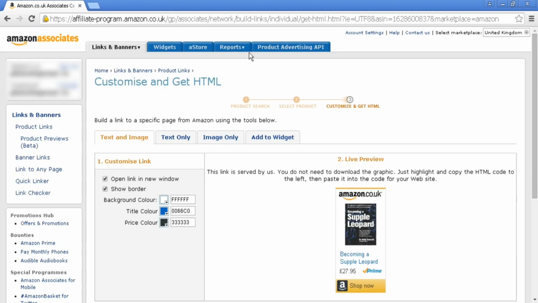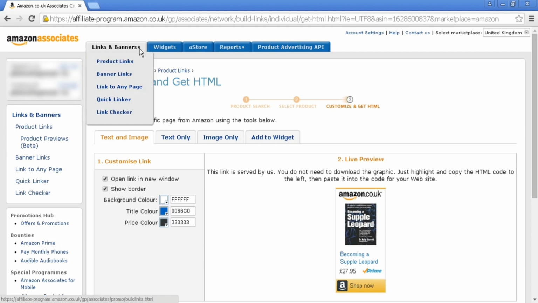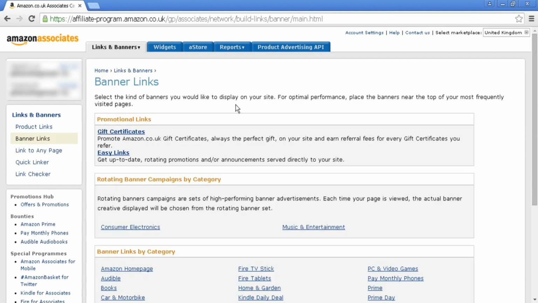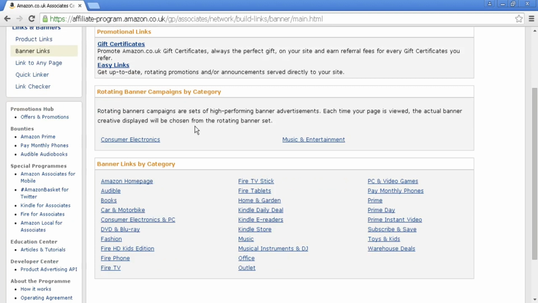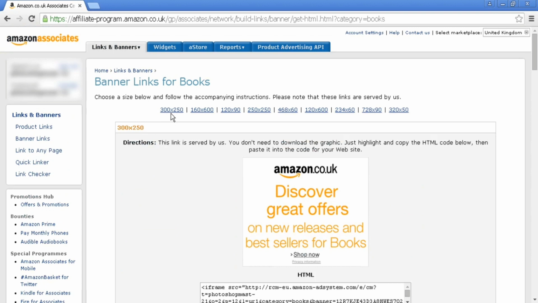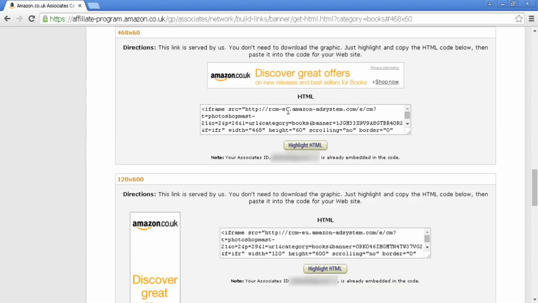Another thing that you can have, if you come back here, is you can have banner links. Let's just click on that. And you can select the kind of banner that you want. You can have a rotating banner by category, or you can have banner links by category. Let's once again do books. You can then choose the size of banner that you want. Let's say we want it to be 468 by 60. What you then have to do is highlight the HTML and copy and paste it once again into your website